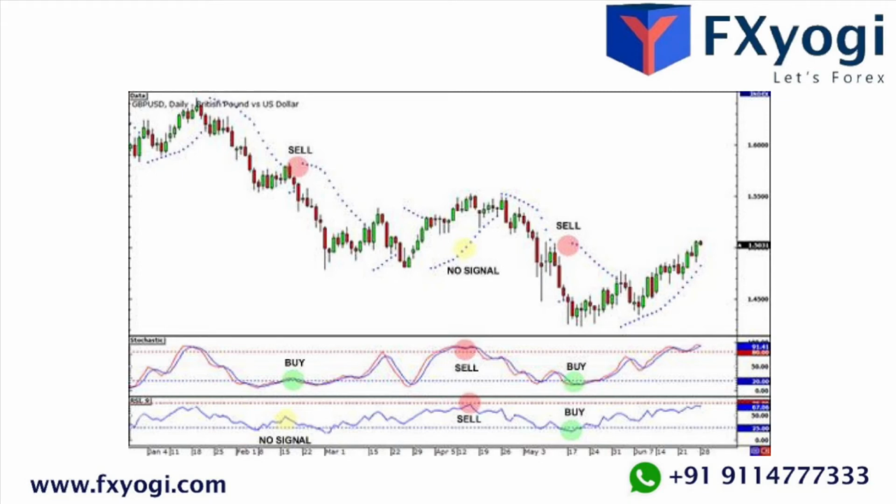Looking at the chart above, you can quickly see that there were a lot of false signals popping up. During the second week of April, both the stochastic and the RSI gave sell signals while the parabolic SAR didn't give one. The price kept climbing from there, and you could have lost a bunch of pips if you entered a short trade right away. You could have had another loss around the middle of May if you acted on those buy signals from the stochastic and RSI and simply ignored the sell signal from the parabolic SAR.